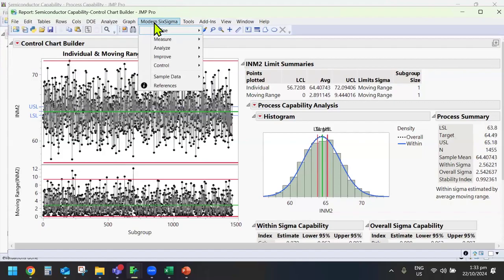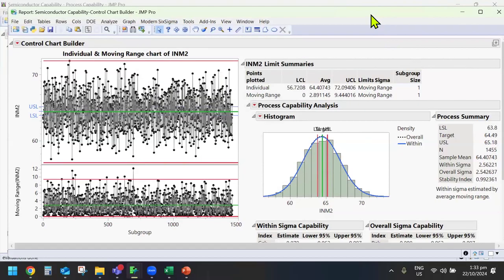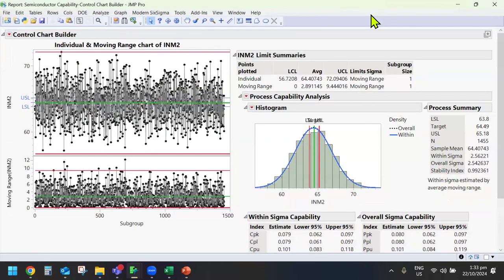Mouse over, jump will bring you to the next level deep dive individual trend chart, which is the control chart builder. We are going to use it in the Modern Sigma control phase. We are going to use a lot of control charts. But here, of course, in the measure phase, we also need to use the control chart. The control chart will give us the individual chart and also the moving range. From the chart, you can see my upper and lower spec limit is very narrow, while my process ranges along my spec limit, up and down, right? It's a very big variation.